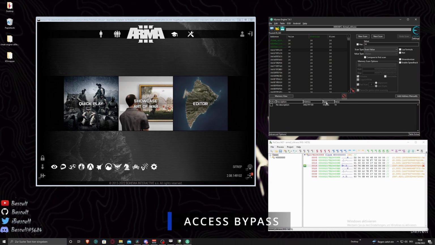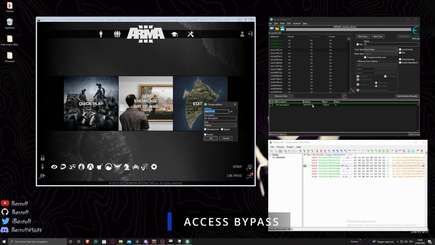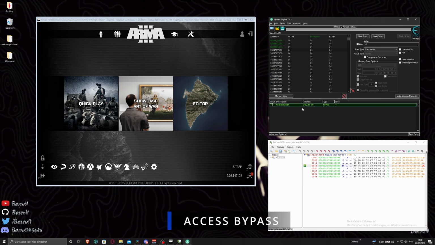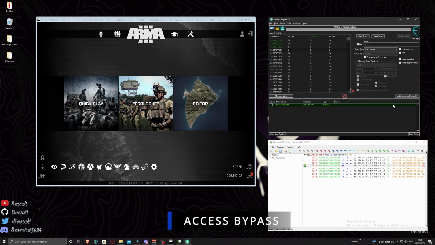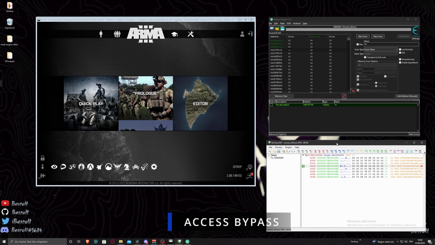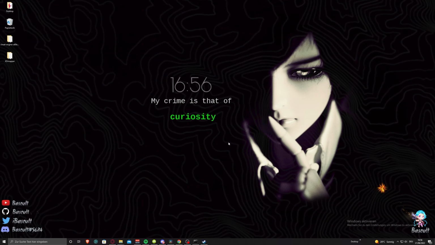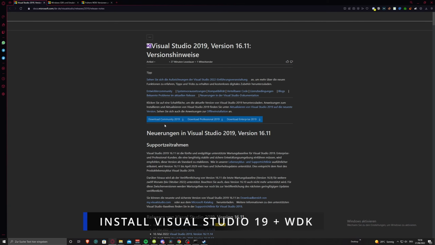So if you don't only want to have read and write access, but also find out what is accessing a certain address and want to debug stuff, you will additionally need the Cheat Engine driver, which I will show you how you can compile now. For the other method, basically compiling the Cheat Engine driver, you will need Visual Studio 2019,